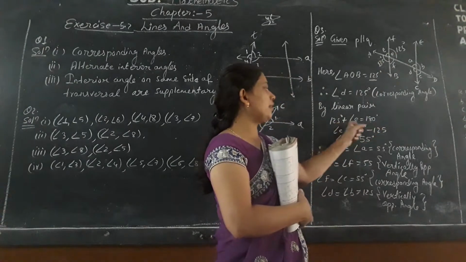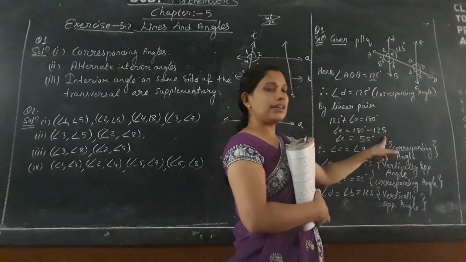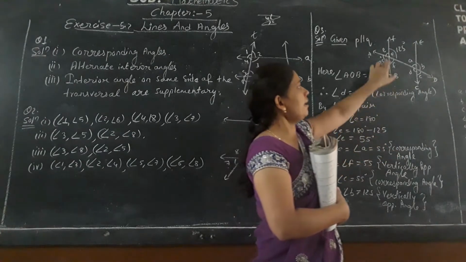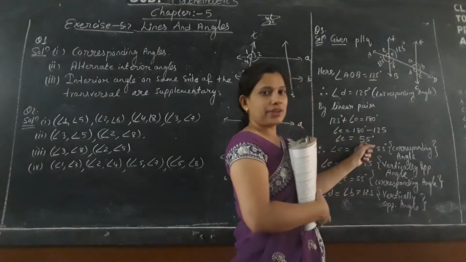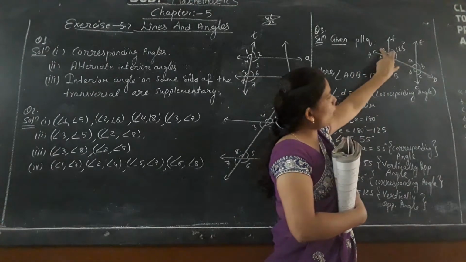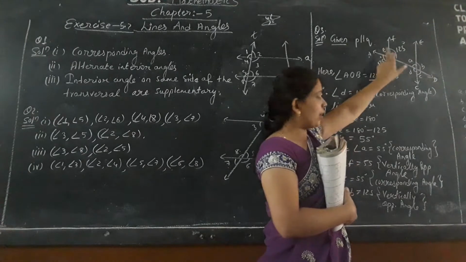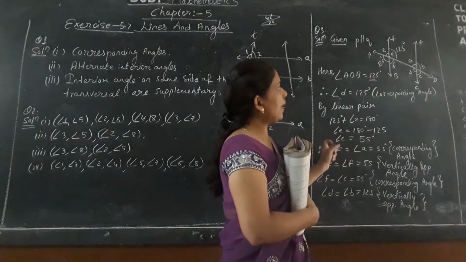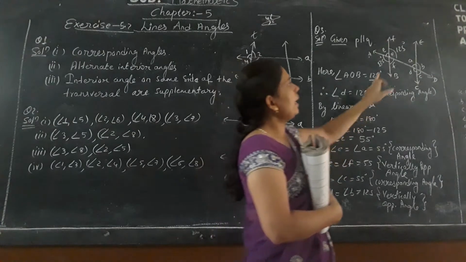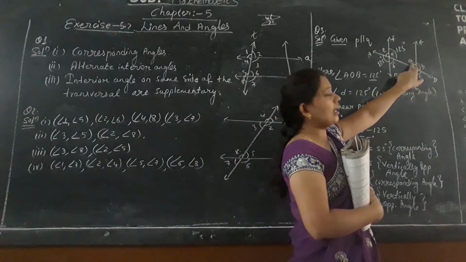So transposing 180 degree from the left hand side to the right hand side, it will be subtracted with 180. So here angle E we will get as how much? That is 55. Clear? Now from the figure itself you can see that angle E is vertically opposite to angle F. Okay. So here we can easily say that angle E is equals to angle F, as well as we can also say that angle E will be equals to angle A.